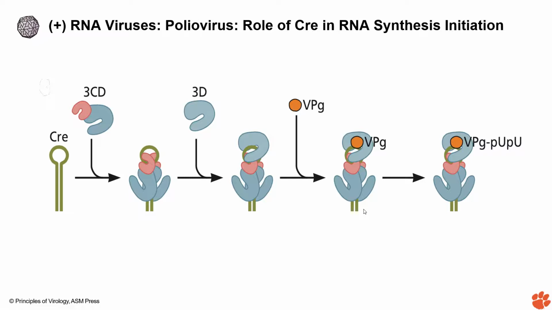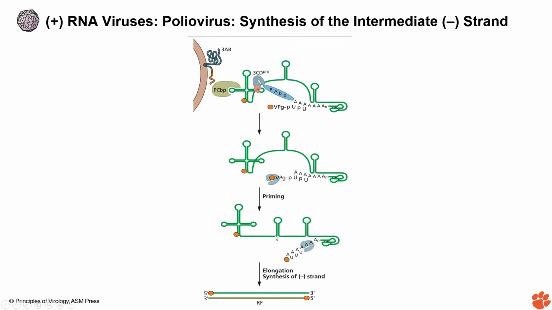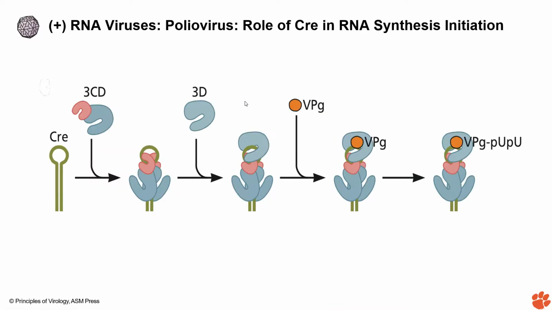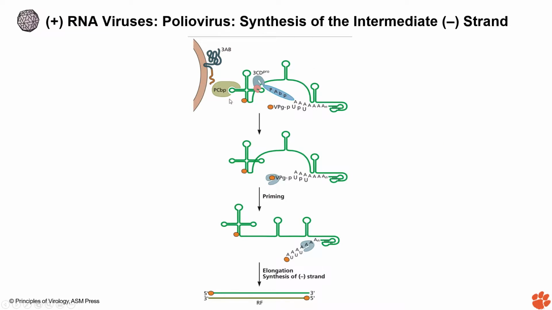So this is how we are going to see that the minus strand is made by the RNA-dependent RNA polymerase. It's a complicated process, and I'm just going to give an overview of the idea. So we are just going to look at this picture a little while. Because we saw this picture, just think about that. You have seen this picture. In this slide, you are seeing the same thing.